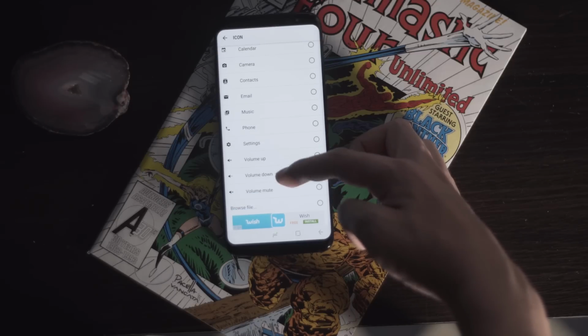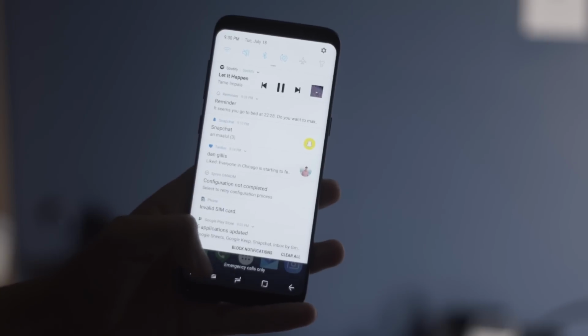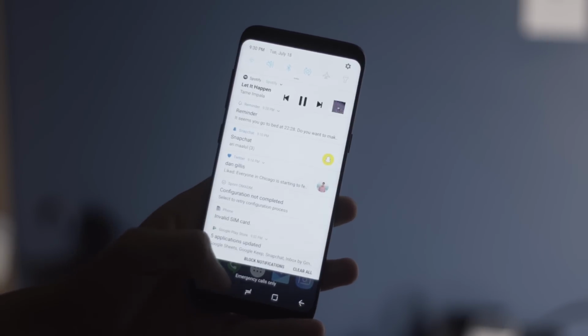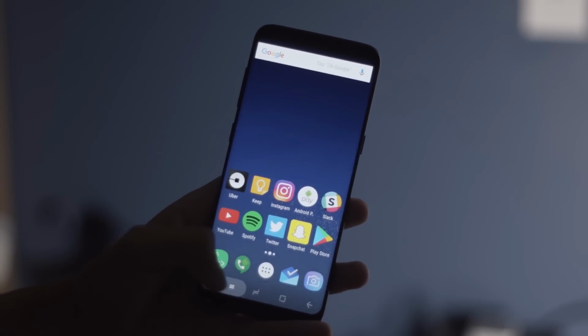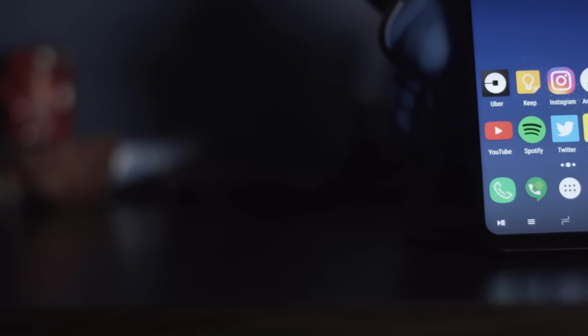As you keep going on the extra left button, you can choose the icon that each command should be. Going on the extra right button, it's the exact same thing. Personally, for this one, I chose this one to allow me to see my notifications, and I chose the menu icon for this one. So that's how you customize your navbar for any Android device